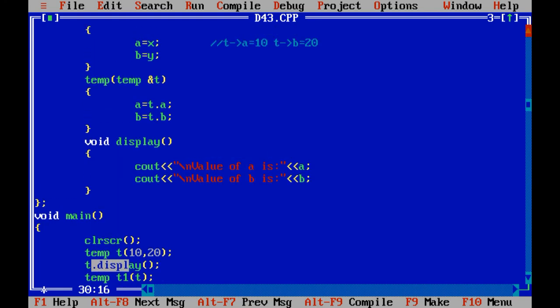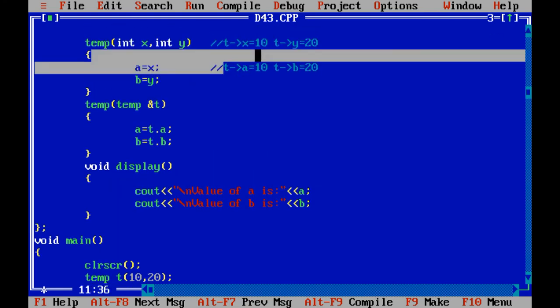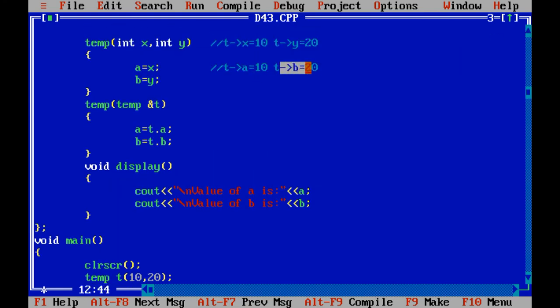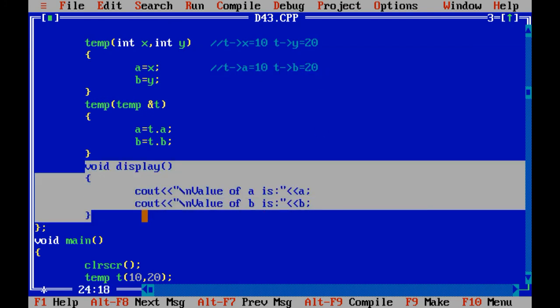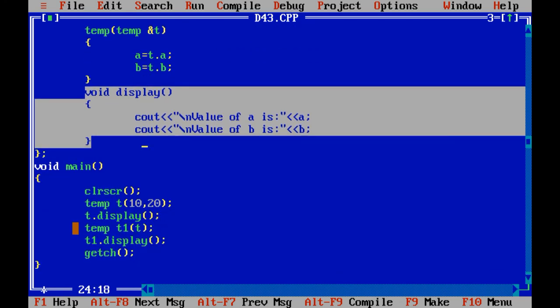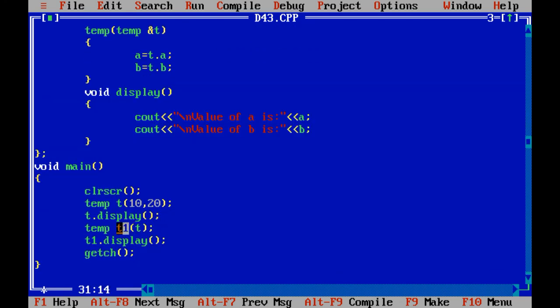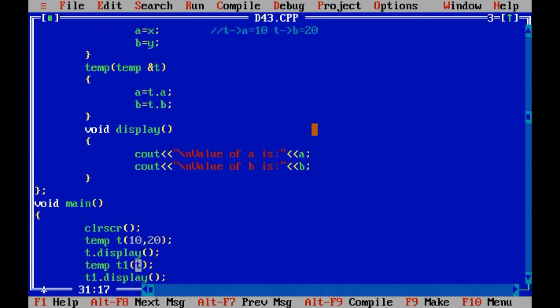What is the value of t of a? That is 10. And what is the value of t of b? That is 20. So it will print 10 and 20 on the screen. After that, what we have applied? We have created one object t1. Inside t1 we have passed again one object called t, right?